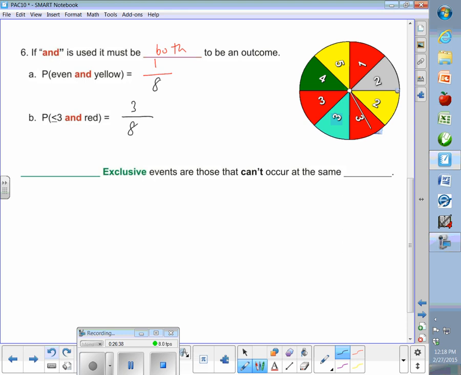Oh, I got one more page to go? No. I was thinking about my coin flips. Where are my coin flips? Oh, my coin flips are tomorrow. Well, Monday. All right. So those are coming up.